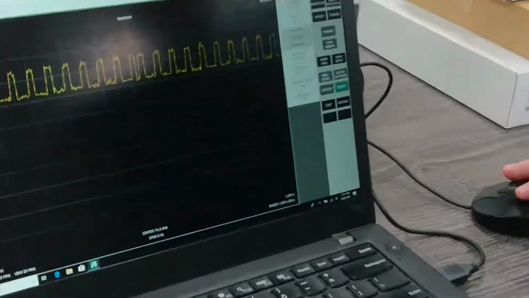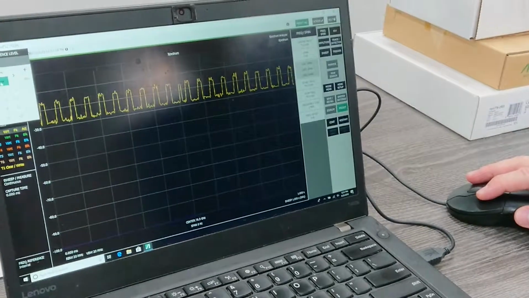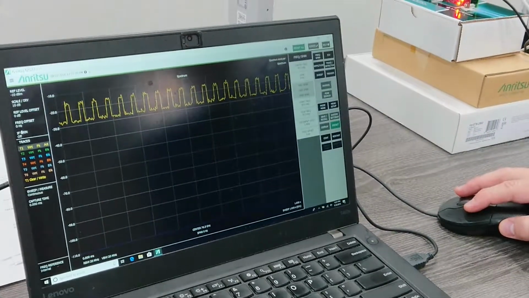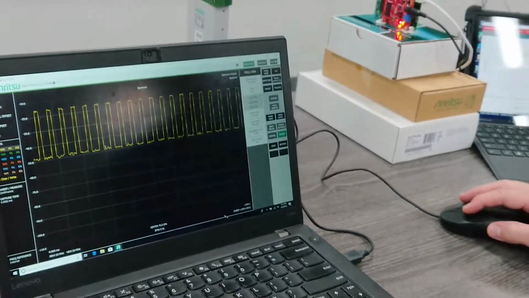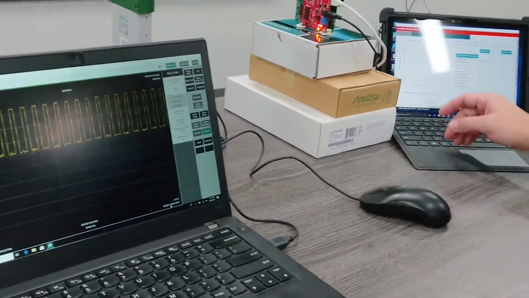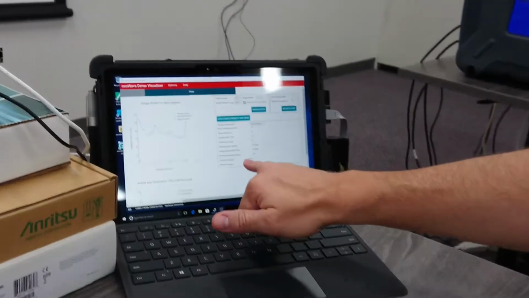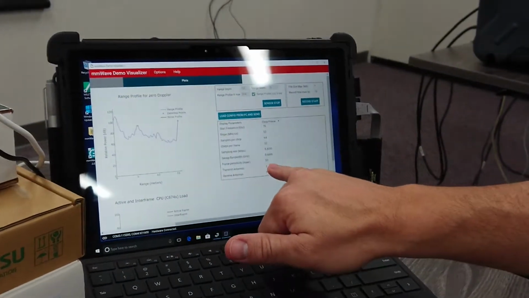One thing I'm going to do just to raise the level a bit is turn on our IF gain. Okay, so now we can see our chirps. We're going to lower our sweep speed. So I said that we were at 20 frames per second, which means that we're at a 50 millisecond frame